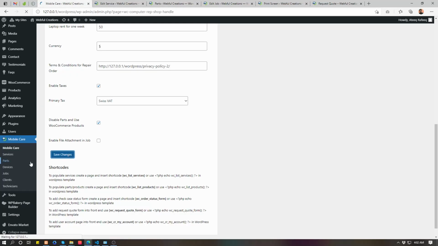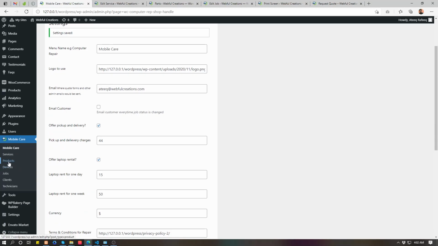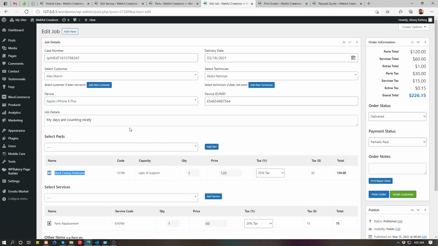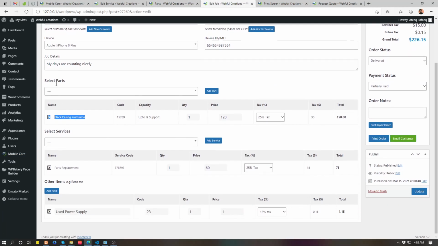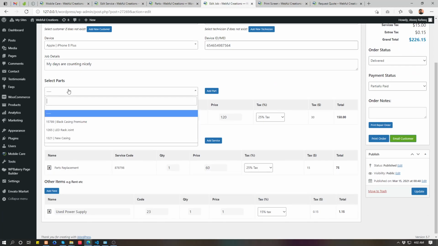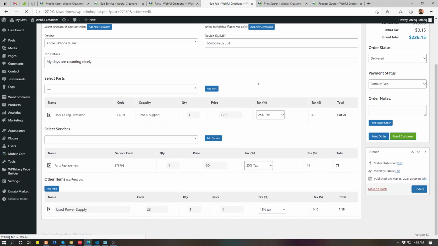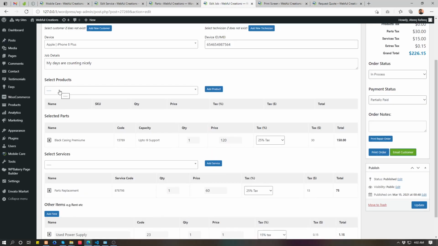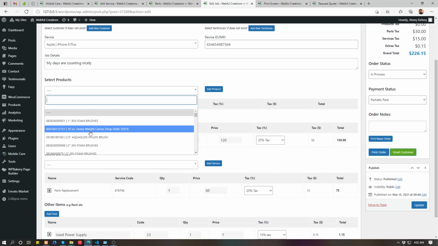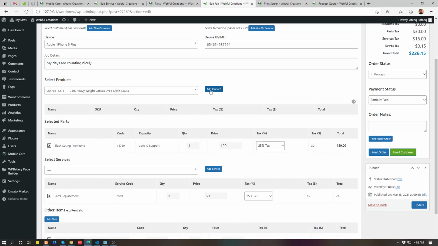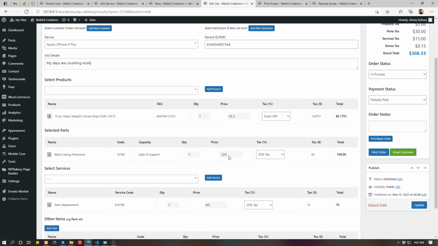Okay, let's disable parts and turn on the products. See, now your already existing parts will not go away, but you will not have the option to add more parts like this. Let's refresh it. So you will see now you have the option to add WooCommerce products. But the parts you added before are still here.